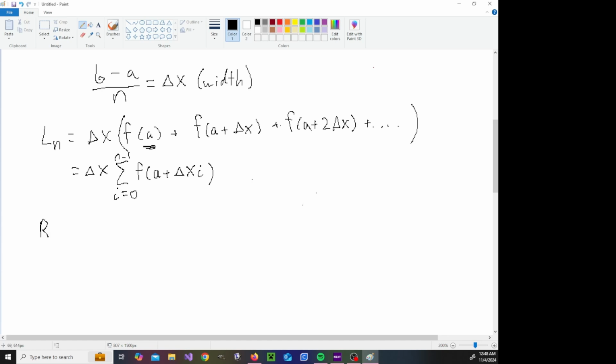Well, now my right rectangle approximation is actually going to be really similar,